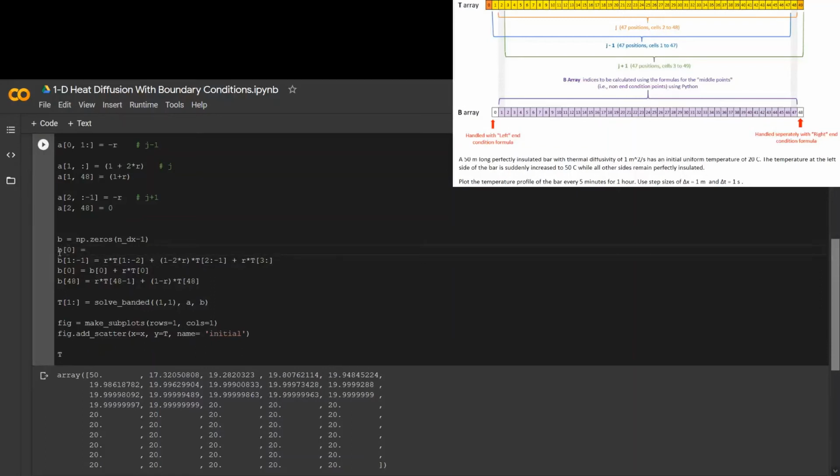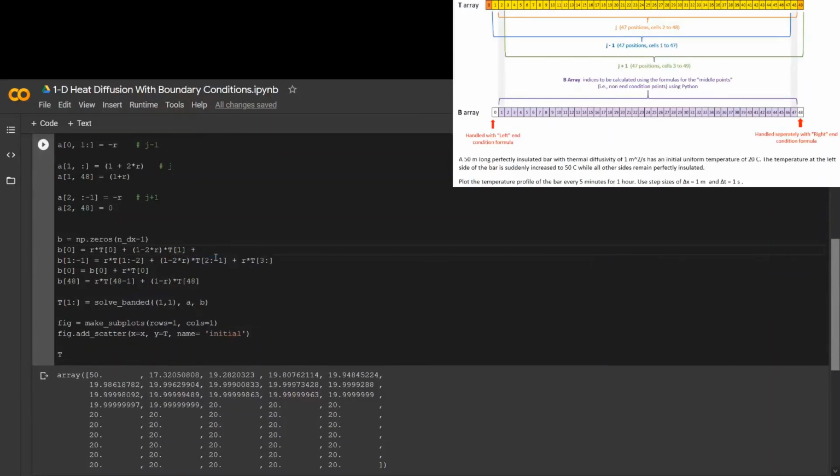So let's go ahead and do that before the general thing, and it'll be very similar, right? Because then we'll have basically that, and then we'll have our 1 minus 2 times r times t at 1